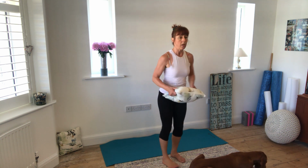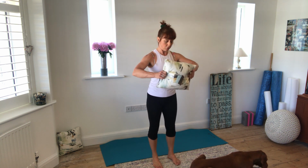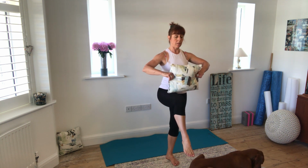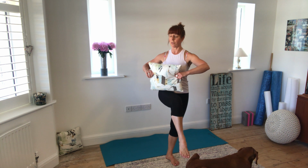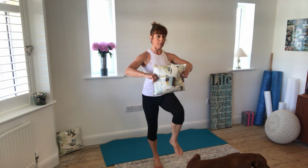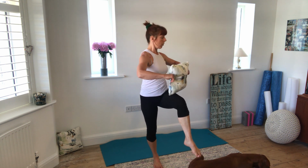I'm going to stay here. So same position, you're going to lift one leg, holding it there, and this time we're going to add a rotation to the corner. And then back to centre and lower that leg, swapping sides. Lifting, rotation,